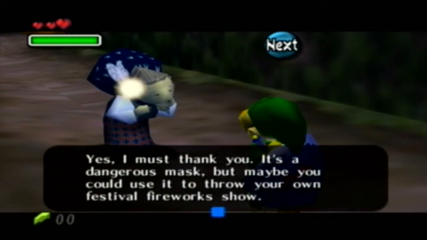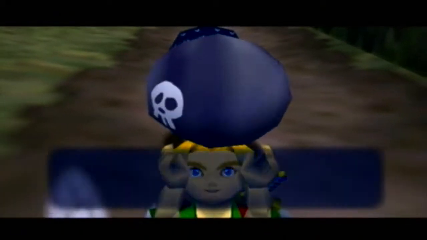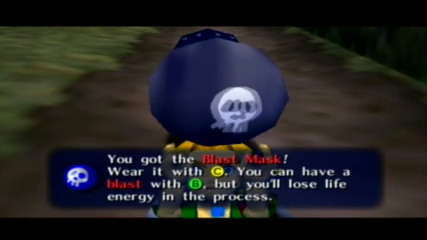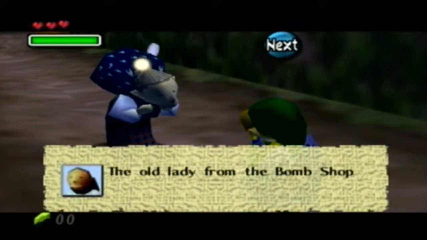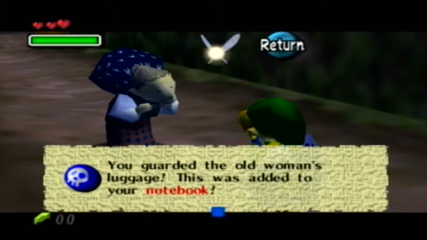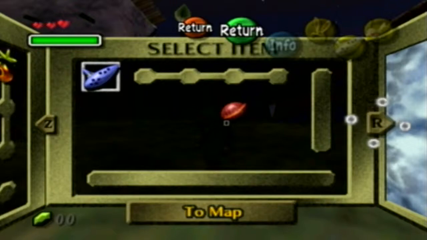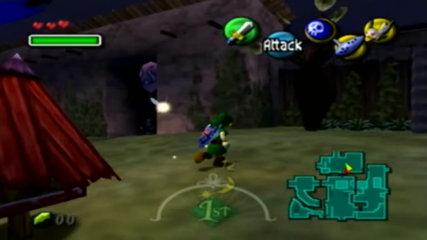It's a dangerous mask, but maybe you could use it to throw your own festival fireworks show. And yeah, I actually completely forgot that you get a mask for doing all this too, so it's a little bit of a twofer here. So the blast mask actually acts pretty much as a bomb with a little bit of a catch. You have to actually take a little bit of damage when you use it, but even then you can avoid that damage by holding out your shield when you're using it. So even when we get bombs, it's not like we actually need them, because this mask...